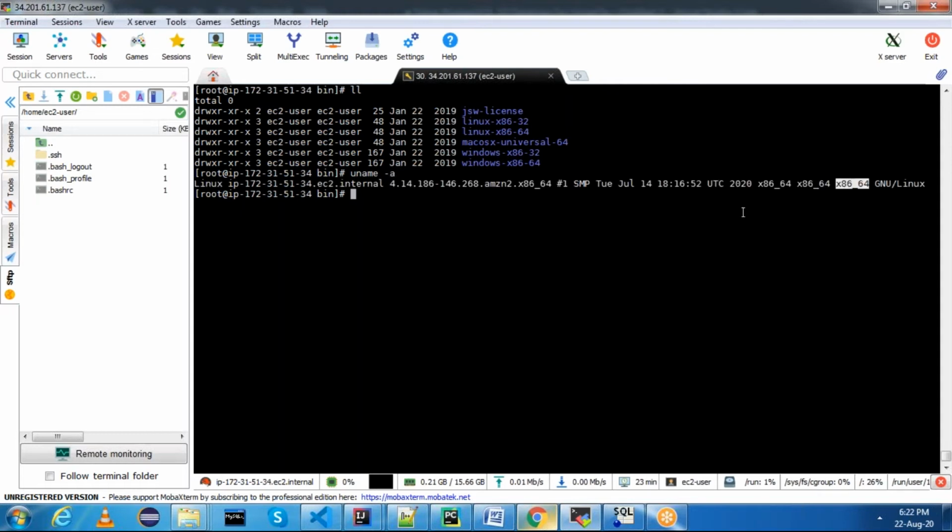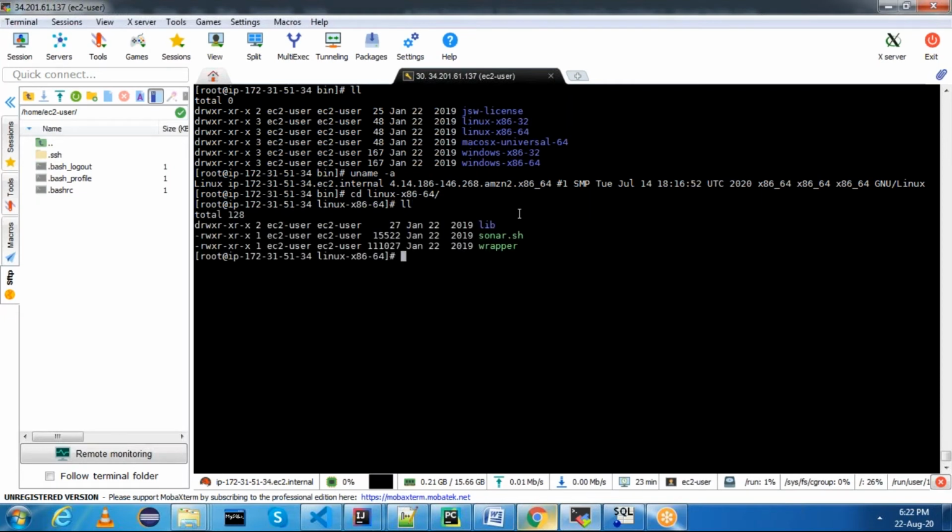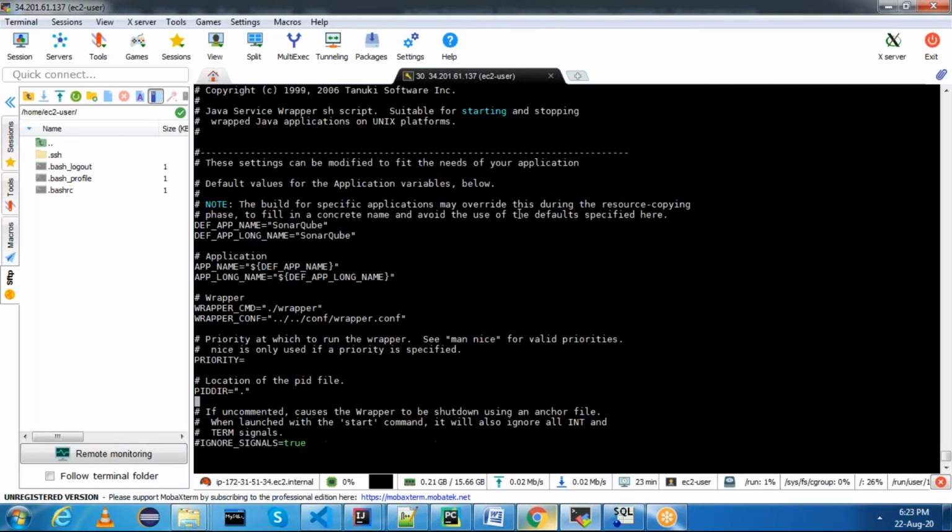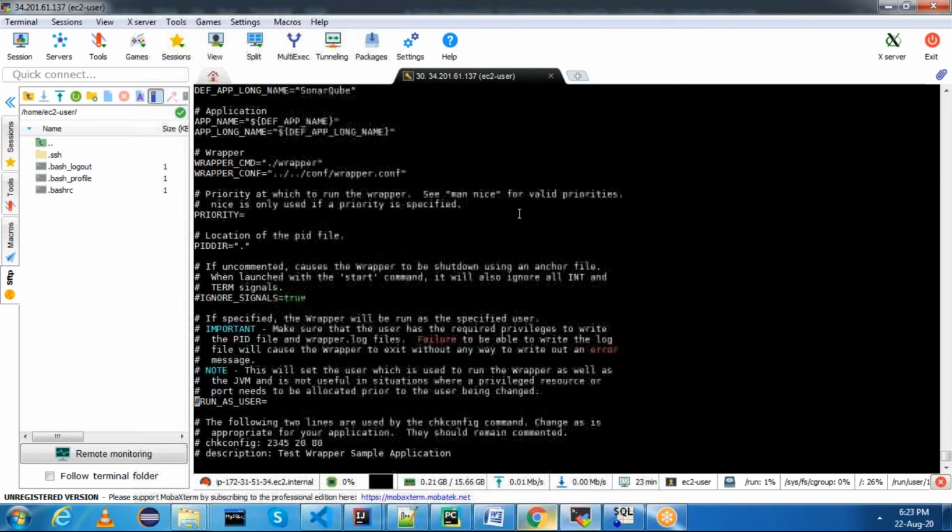Ours is 64-bit, so go into linux-x86-64, because our machine is a 64-bit machine. Now you can see there is a file called sonar.sh. You need to change sonar.sh so that we run sonar as ec2-user. Here there is an entry called RUN_AS_USER. This should be ec2-user.